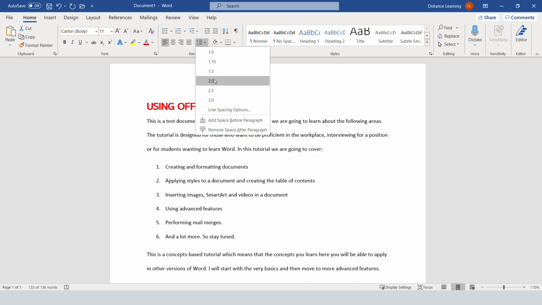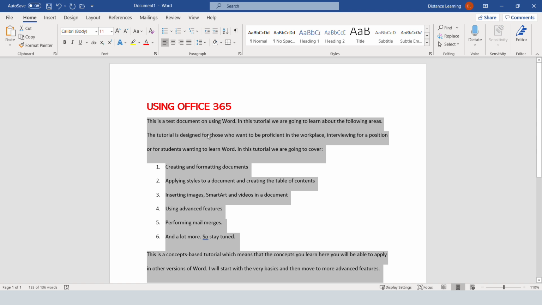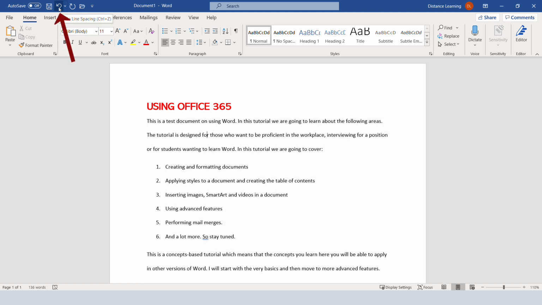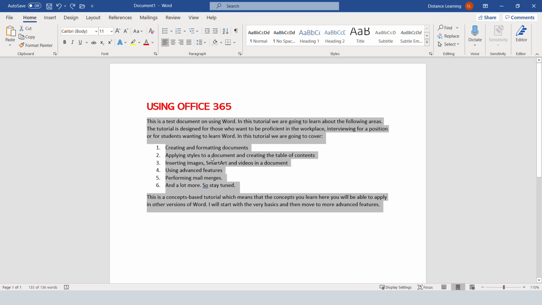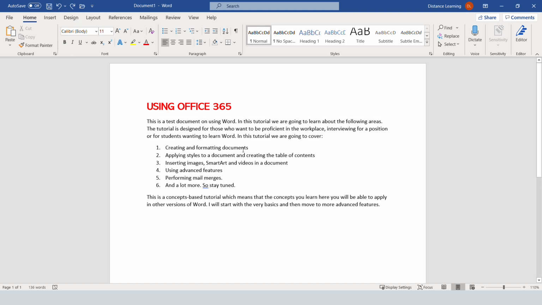this function right here. If you needed to undo, you can either use the undo option from up here on the quick access toolbar, or you could press Ctrl Z on the keyboard and that will undo the last function that you performed. But for now, let's assume that we are done with this document and we want to save